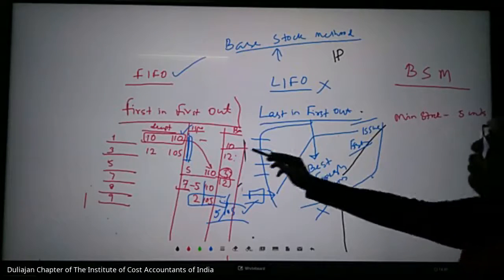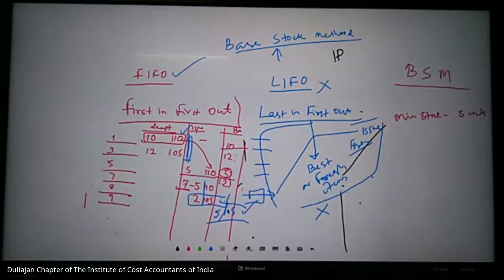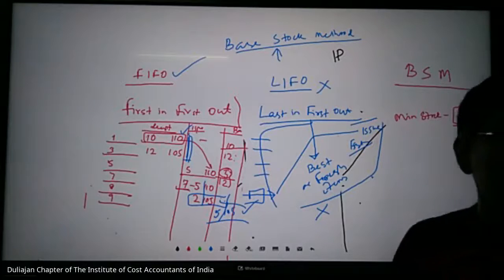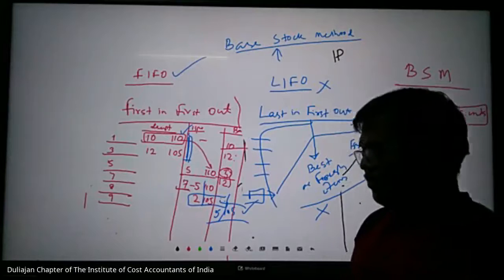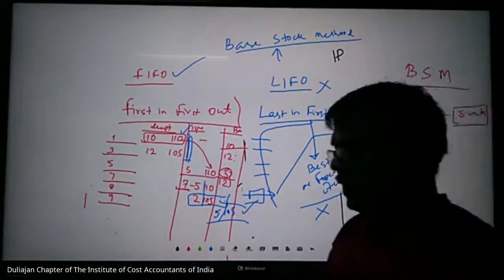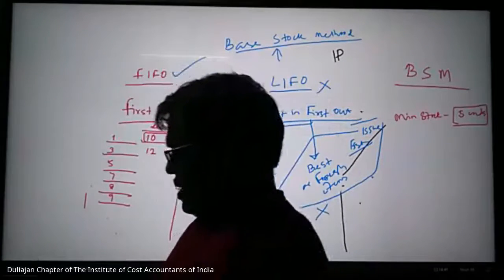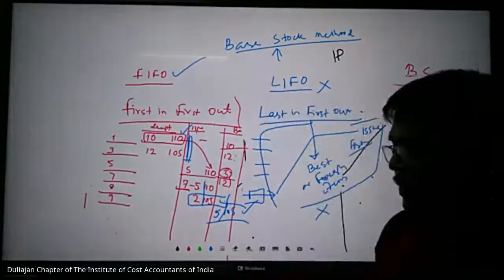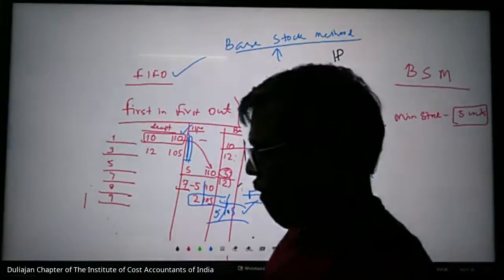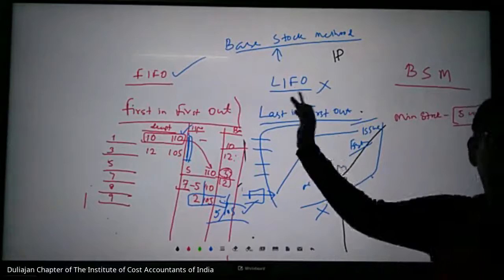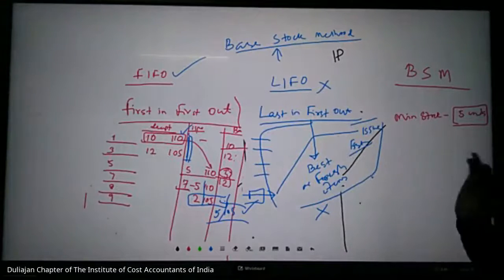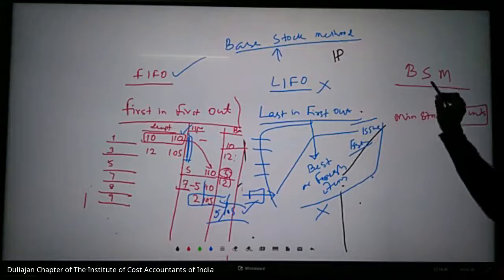In the same example, 5 units, whatever opening price is there, I am keeping that stock, that I am not going to issue. I will issue only the other stocks. So here what will happen? If you are making FIFO or LIFO, see this is